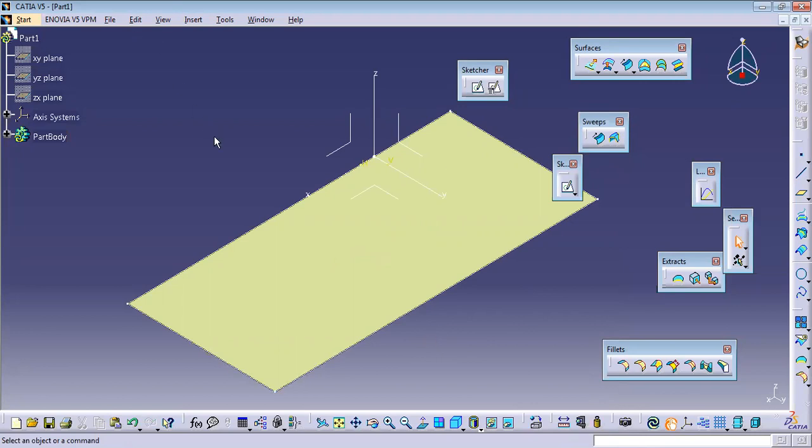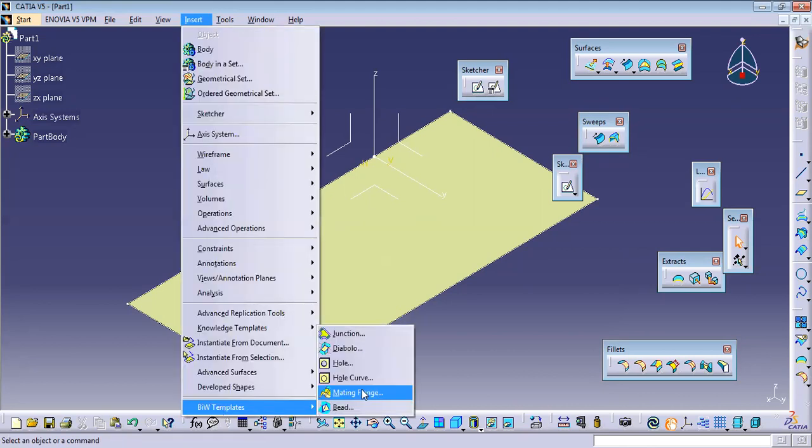So in the same way we have a thing called hole curve. That means only a circular curve will come. Instead of that, you can directly go to sketch, select that face, and you can create a sketch out there. So here, see, we have this hole curve. Okay. Got it?